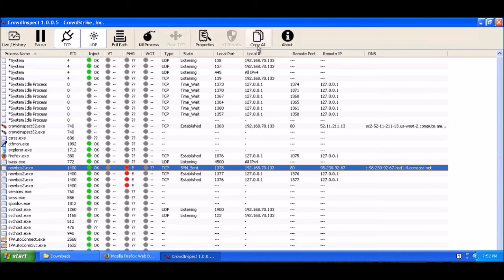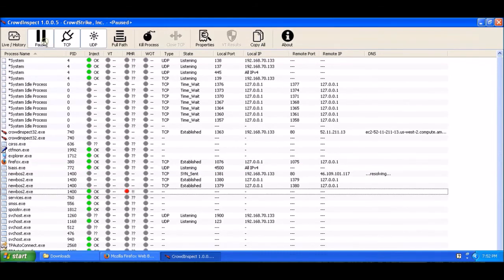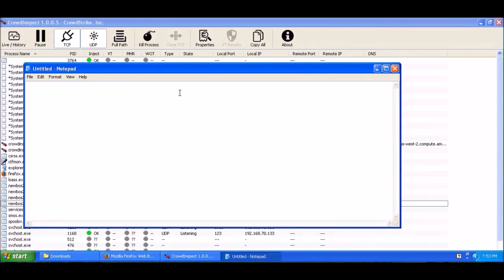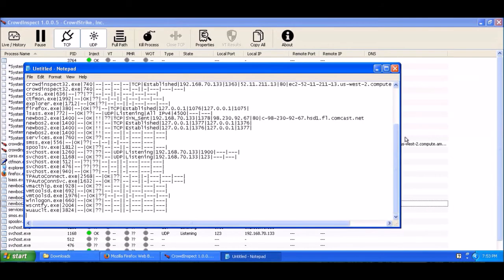It's quite useful because again we can copy out all, or shall I say pause? Oh no, unpause that. Yeah. So we pause, copy all, go to Notepad again. We can quickly do this in real time while it's picking up these connections, and then we've got straight away this malicious domain name here that we can check, or check if it's malicious through some third-party or open source IP